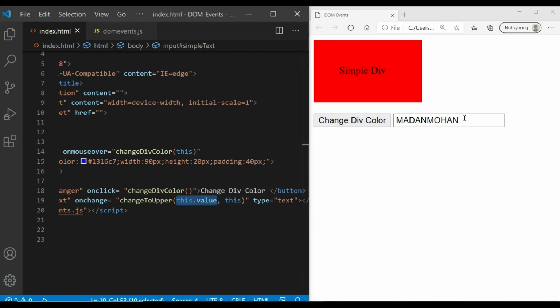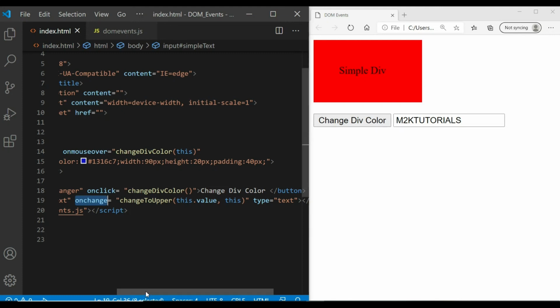So whenever I write anything here, okay, and click outside, it triggers this onchange event, and it's changing the text of your text box.